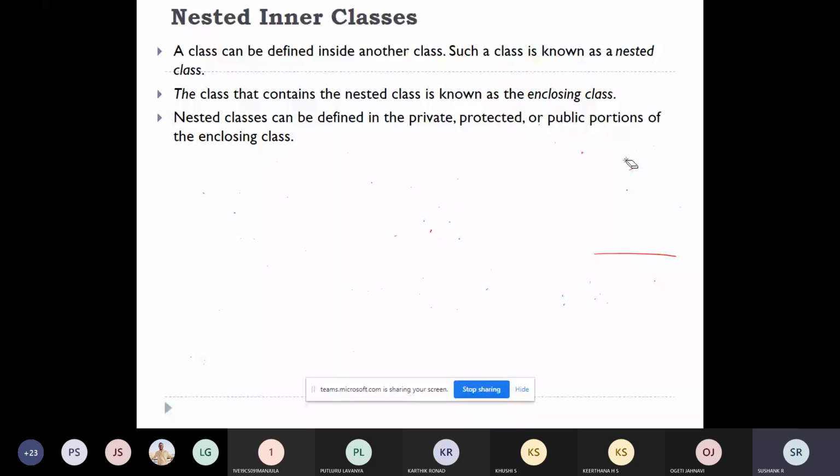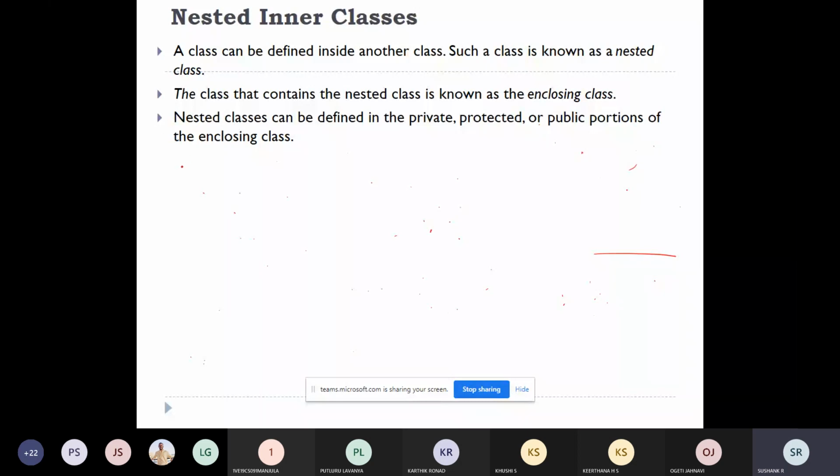See, even this member function of the nested class can access the member functions of the enclosing class through the object also, through the pointer also, or through the reference also.